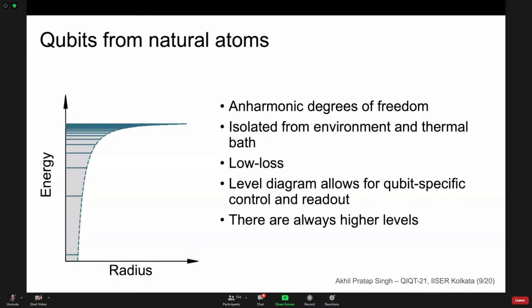If we make qubits from natural atoms, then it has anharmonic degrees of freedom. It can be very well isolated from the environment and thermal bath. The losses would be very low. And the energy level diagram here allows for qubit-specific control and readout. So depending on which level we want to